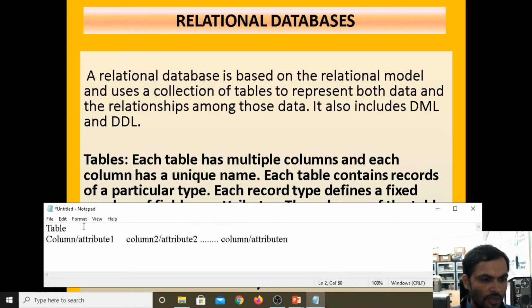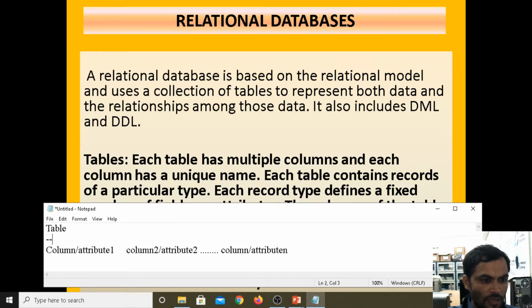This is a table, and under the table we declare columns, n number of columns. A table consists of a collection of columns and rows.